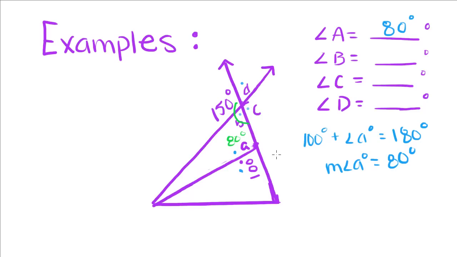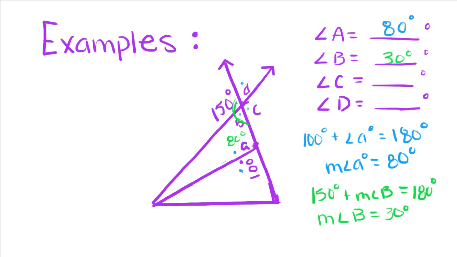is solve for B. Since these are supplementary angles, we're going to take 150 degrees plus the measure of angle B and set it equal to 180 degrees because these two angles form a line. If we subtract 150 from both sides, we find that the measure of angle B is equal to 30 degrees. So we can fill that in